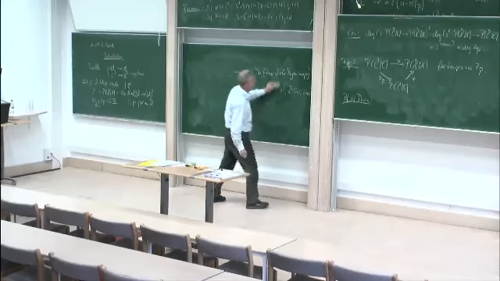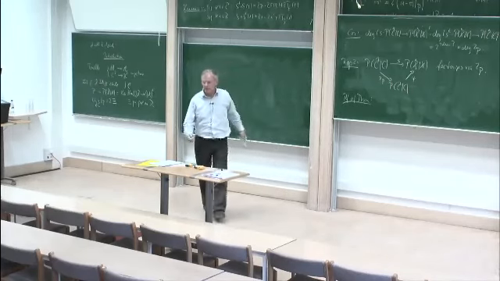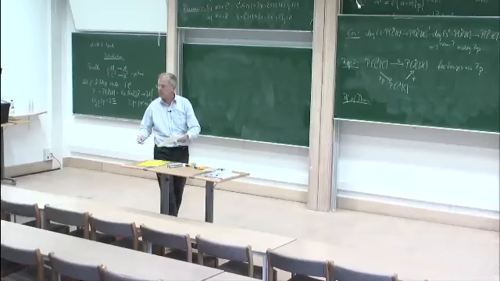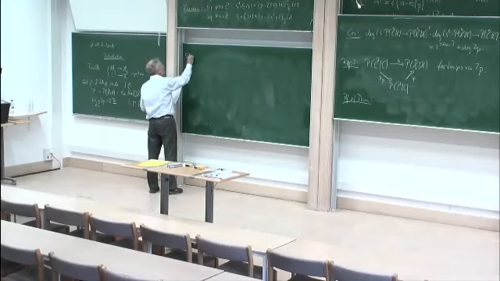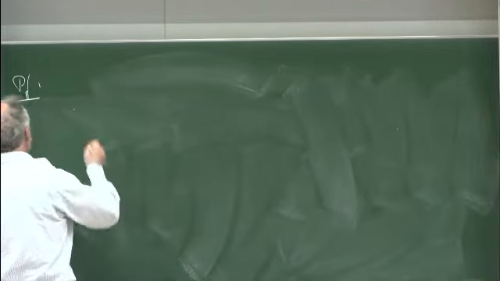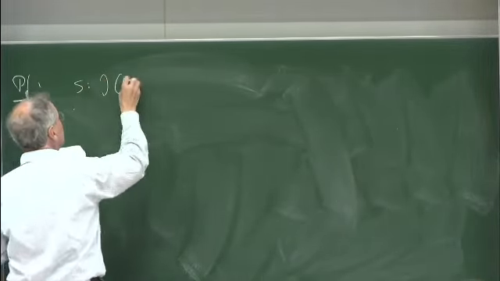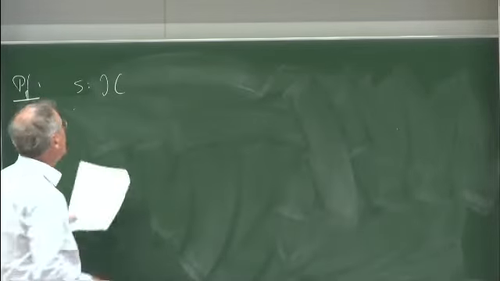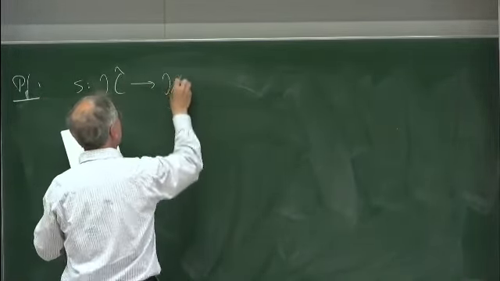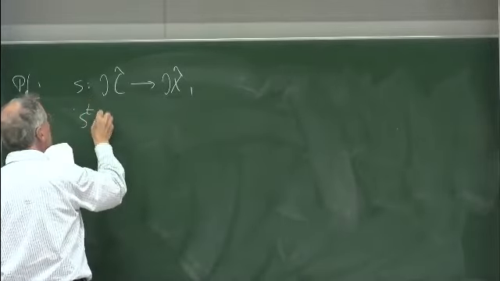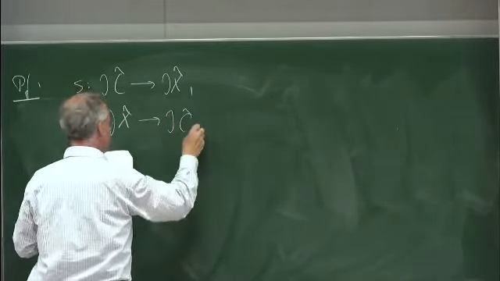And this again is a classical proof. It doesn't use anything more or less apart from the definition. So, proof of Proposition 2. Recall first that S of J, I mean, just to recall, goes from JC tilde into JX tilde, and S transpose goes from JX tilde to JC tilde.